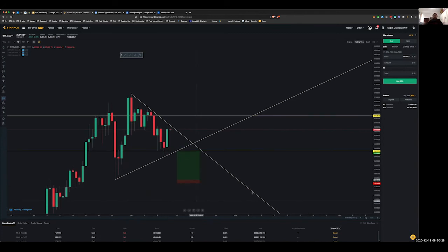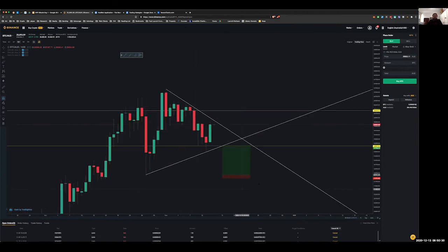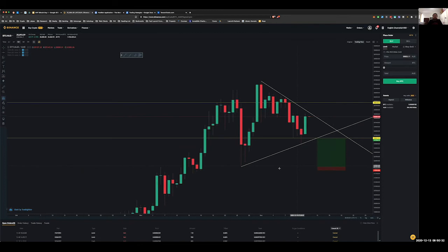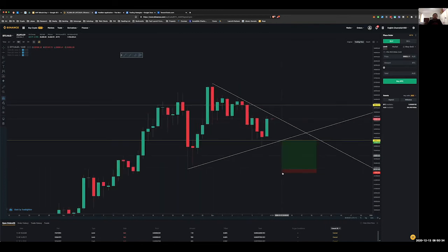So say I wanted to buy down here, because I think it might break this trend. Don't worry about the reward target. If I was buying down here, I'd be looking at potentially coming back up here somewhere. The other thing that I'd be looking at is